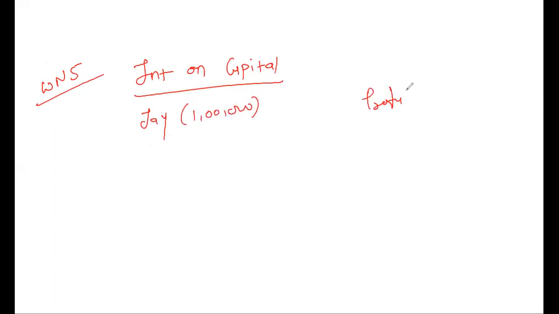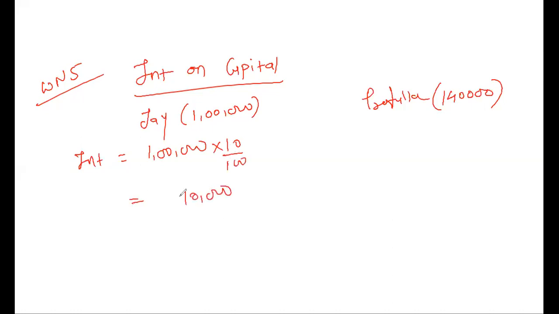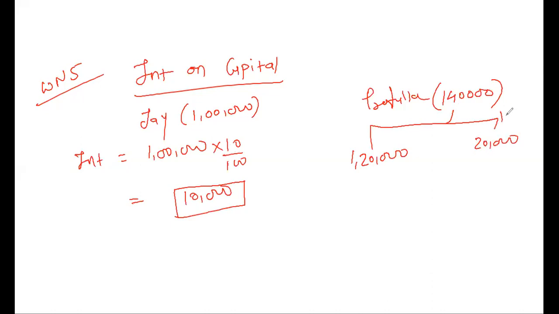For Prafulla, total capital will be 1,40,000. So 1 lakh into 10% is interest on capital of Jai. But for Prafulla, we have two parts. 1,20,000 and another part which is additionally added on 1/1/17, 20,000. So on this 1,20,000, interest will be calculated for the whole year. 1,20,000 into 10%,